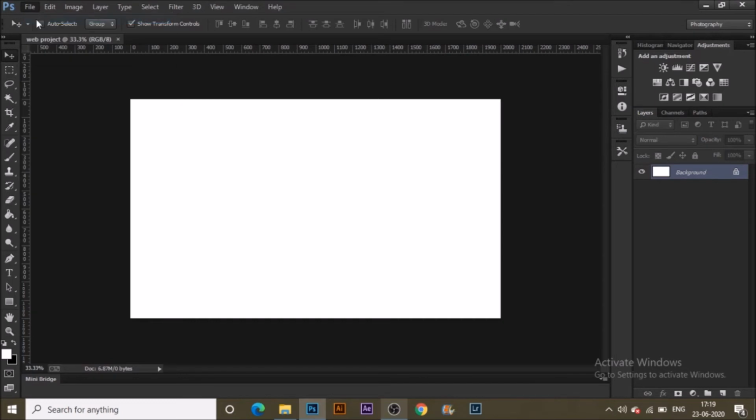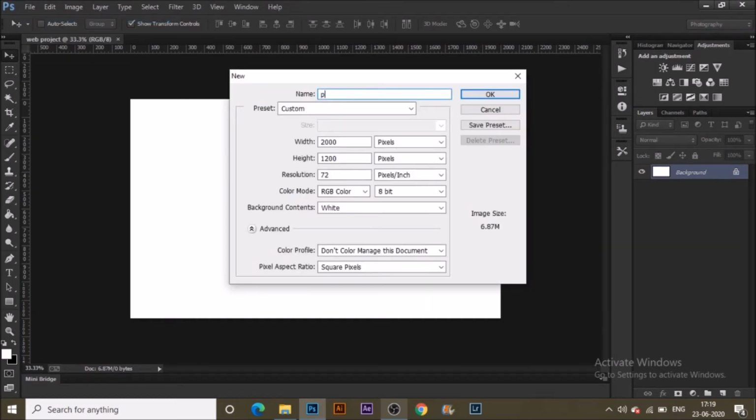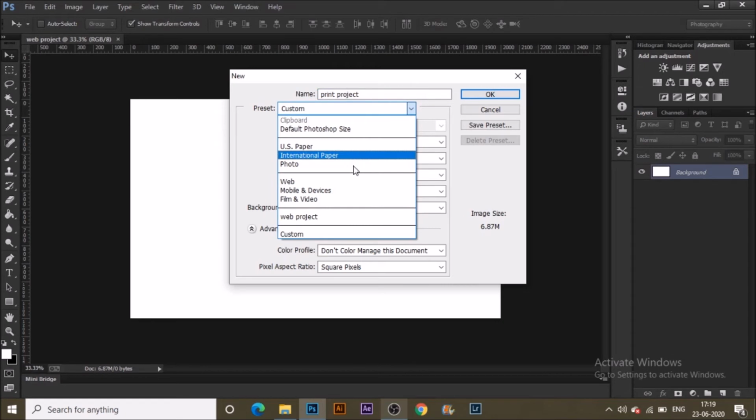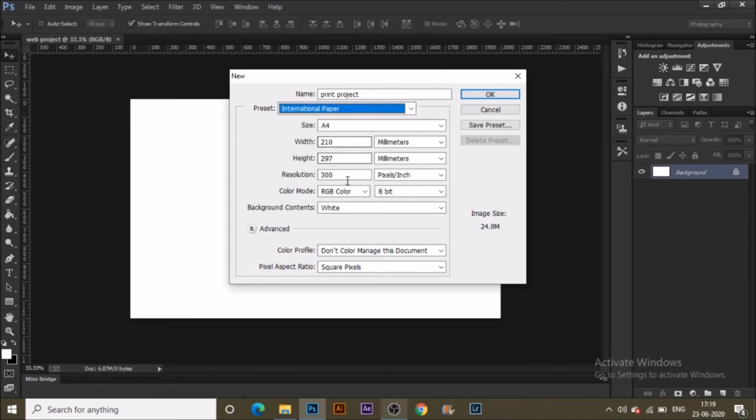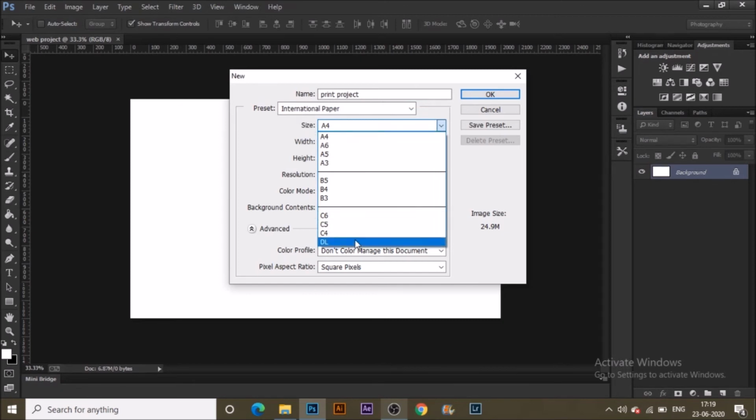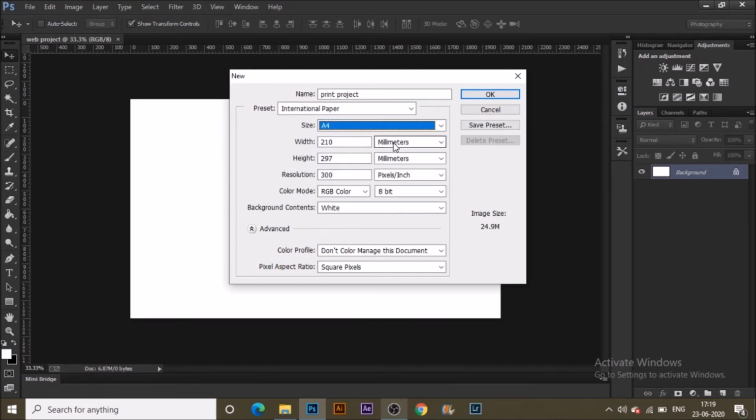If I want a project for print, again I will go to New, Ctrl N, and here in the preset there are some for print projects too, like US Paper and International Paper. You can choose from there, like International Paper, which I'm going to choose right now. You can see the dimensions changed and there is a different size for that. So from millimeters I change it to inches. You can select millimeters, centimeters, or inches. And with the width and height you can make edited versions like 8.5 by